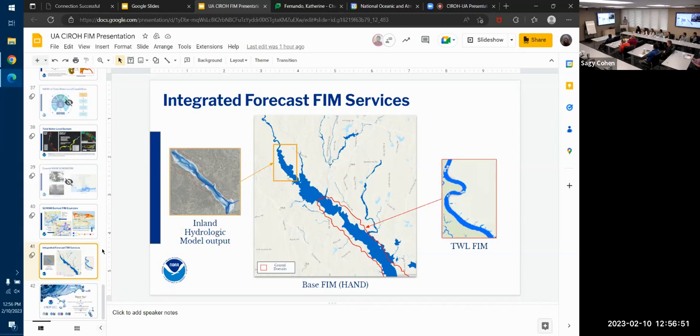Yeah, and I also will add to that and say that we are producing several different configurations of FIM, but one of them is called RFC FIM, or river forecasting. That's where we take the actual discharges that are forecast from our river forecasting centers, so humans running the CHIPS model and analyzing the output and saying, okay, I think the discharge at this forecast location, the AHAPS location, is going to be 30,000 CFS. We ingest those and then produce FIM using those